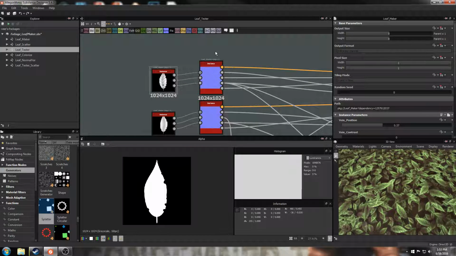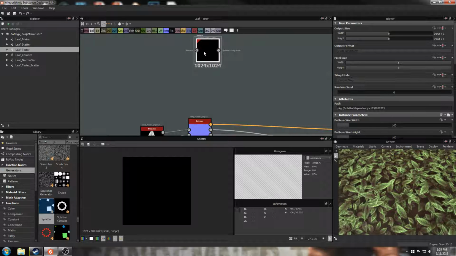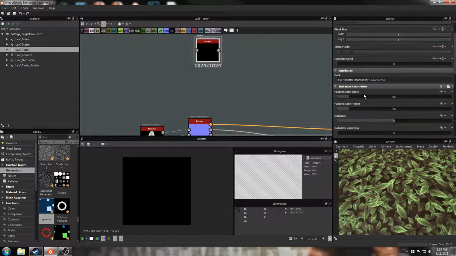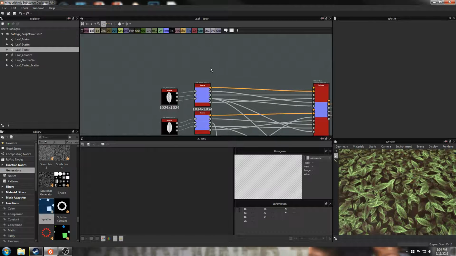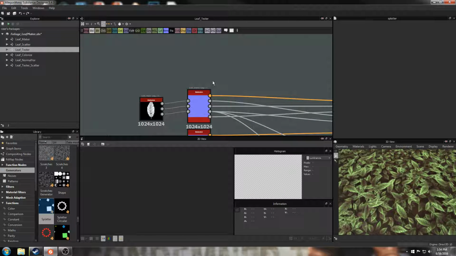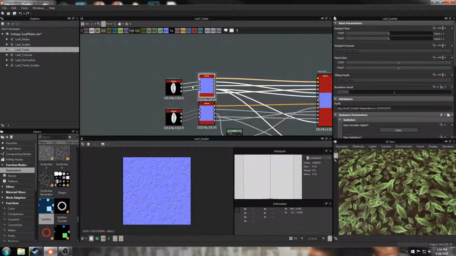If I'm scattering those using just the splatter, it would mean that if I changed one of the settings here, I would have to change it for all three duplicates, and that can be really time intensive. It's really prone to error. So really what the scatter graph is doing is making all of those duplicates obey the same settings so that I can set it just on